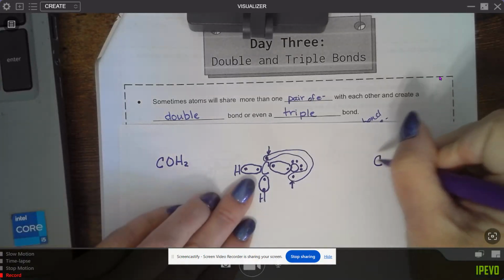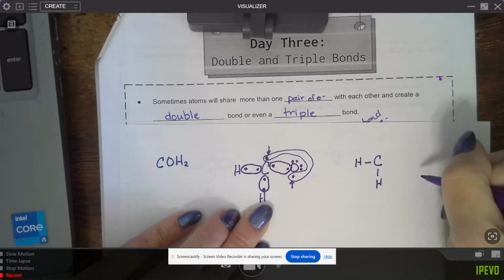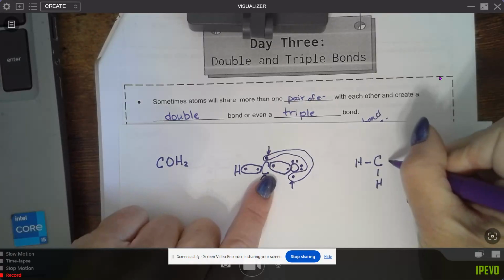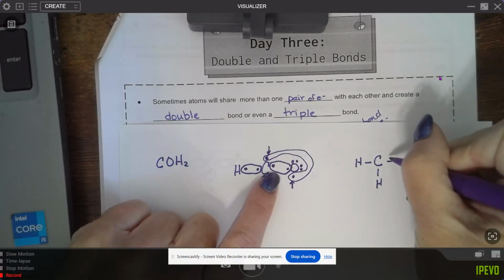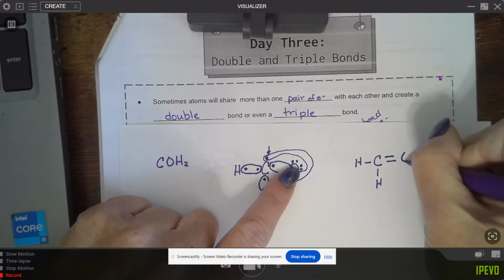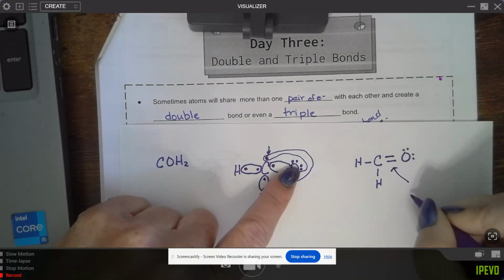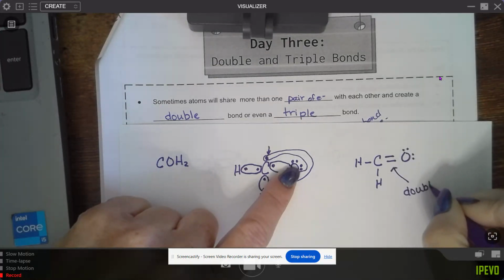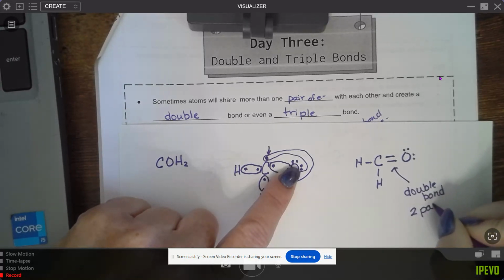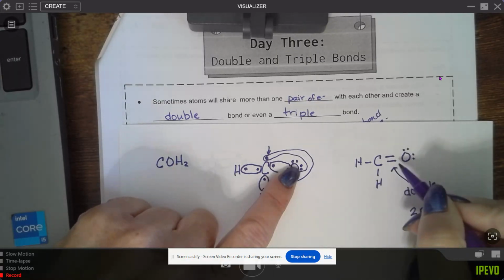So I have carbon with a single bond to a hydrogen, a single bond to this hydrogen, and then I don't just have one bond between the carbon and oxygen, but I have 2 bonds. Okay, and then don't forget on my oxygen there are 2 lone pairs of electrons. Okay, so this is called a double bond. It's 2 pairs of electrons being shared, which means there are 4 electrons shared between the carbon and the